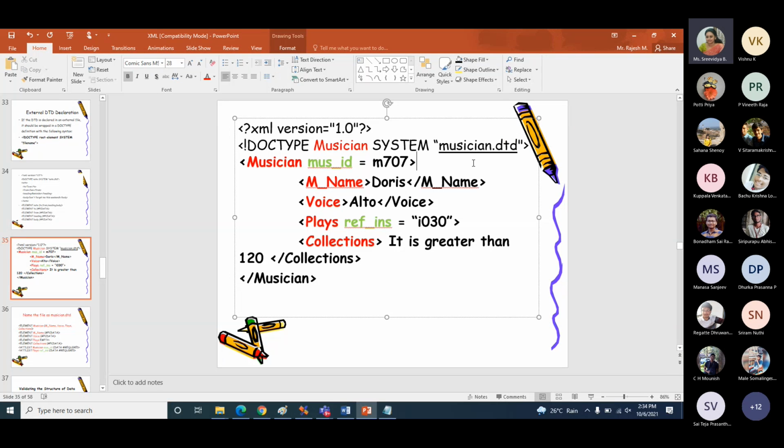Generate this musician.dtd file in the XML validator. Then type this file also there and check whether the DTD file you created is correct or not. You're able to see the screen, right? Yes, sir. Then please do that.